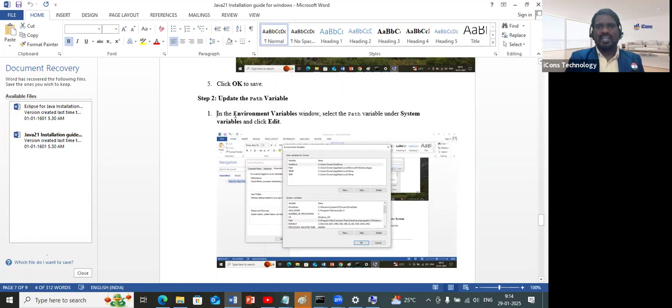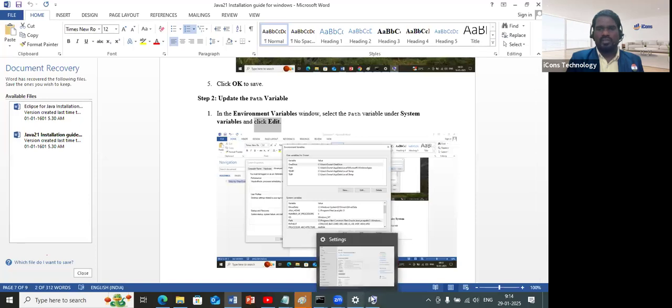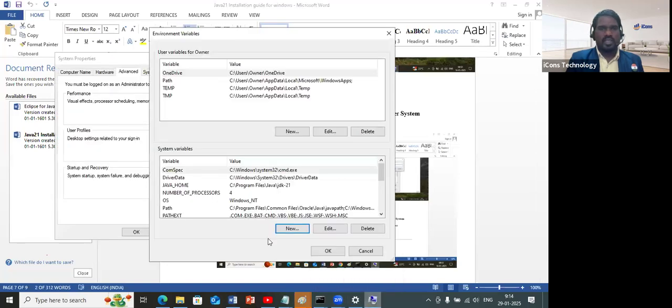So here in the environment variable window, select the path variable under the system variable and click edit. You can observe here, on the same window which we have not closed, we do have the path. If you click there and edit that,